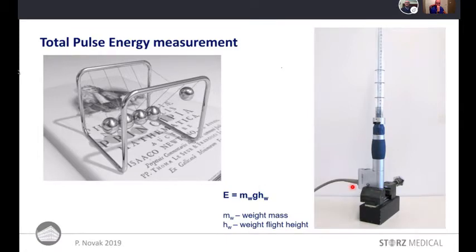In this case, the first ball corresponds to the projectile. Then we have the transmitter, which in this case is one ball in the center. And then we have the weight mass, which can fly up. The height of this mass, the height to which this ball can rise, is a measure for the energy which comes from the bottom, from the projectile.